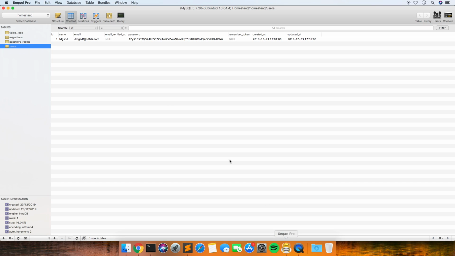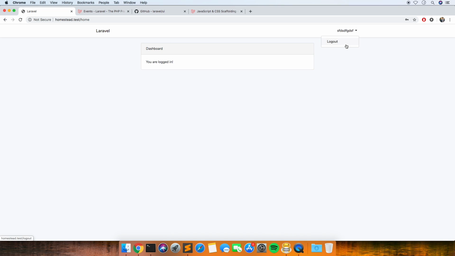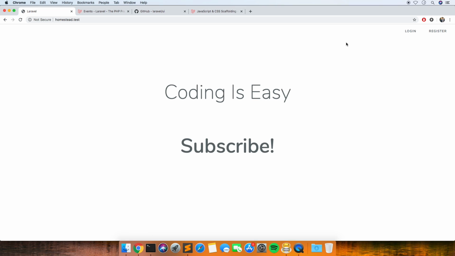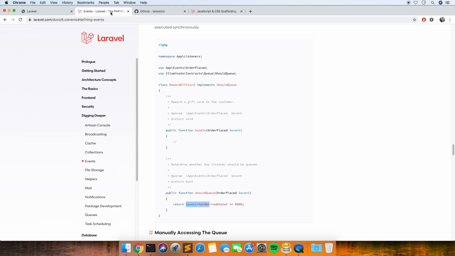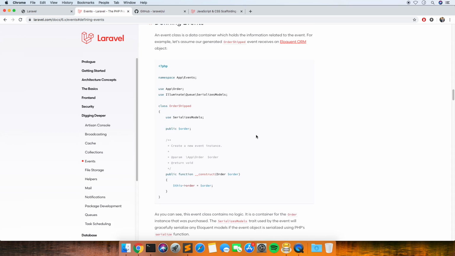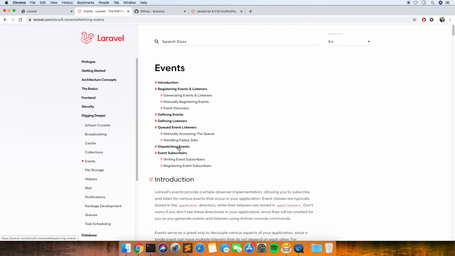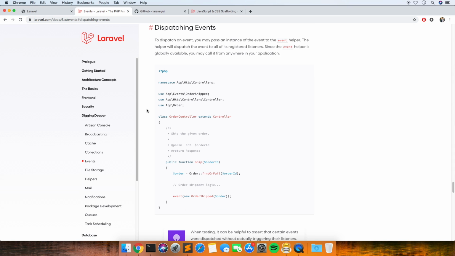Yeah, so it's created the user, but it's not actually fired that event, because we need to do one more step, which is dispatch the event. So let's just log out of this and go back to our documentation. So we want to dispatch the event.